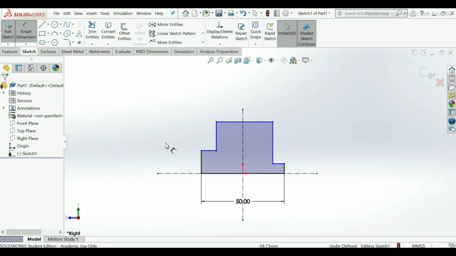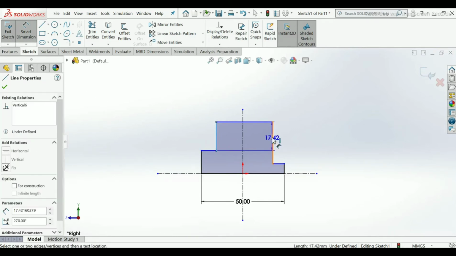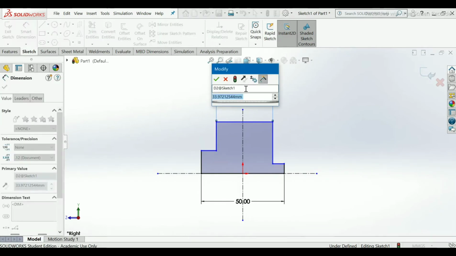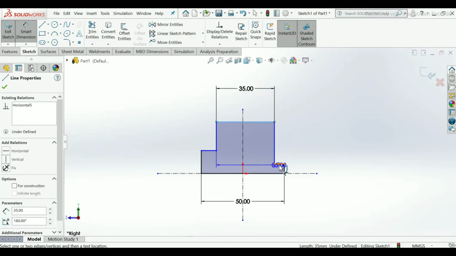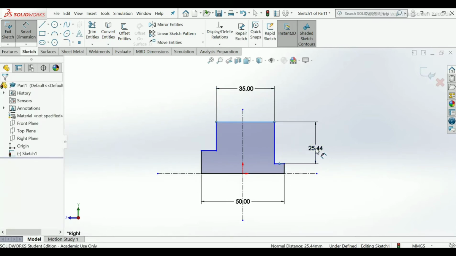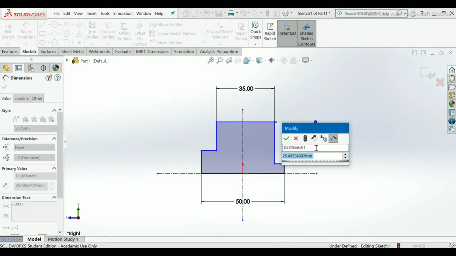Now again choose smart dimension, make it 35 mm. Take this line and this line, 25 mm.